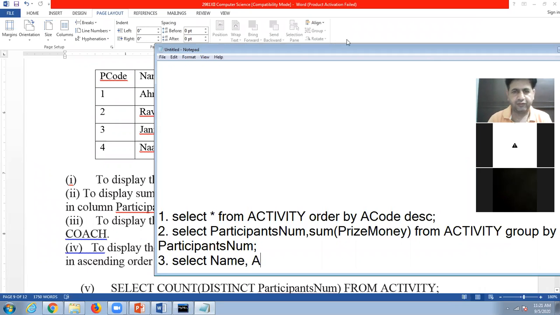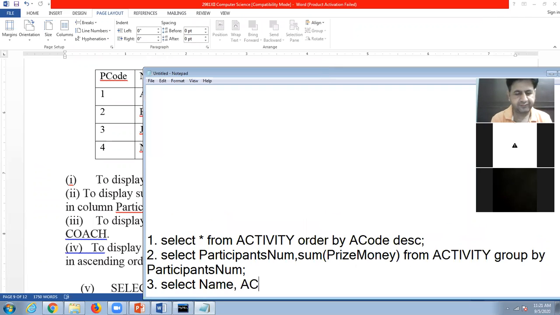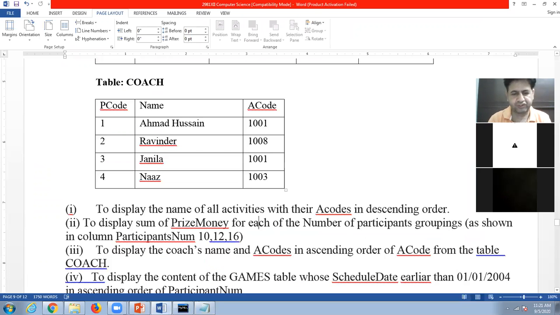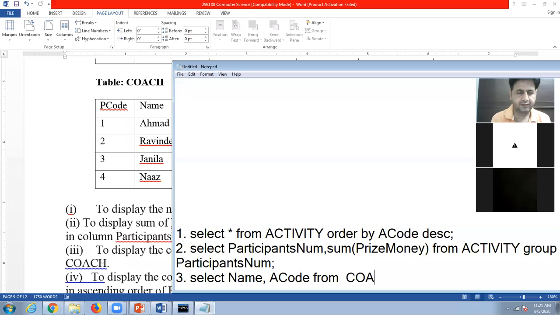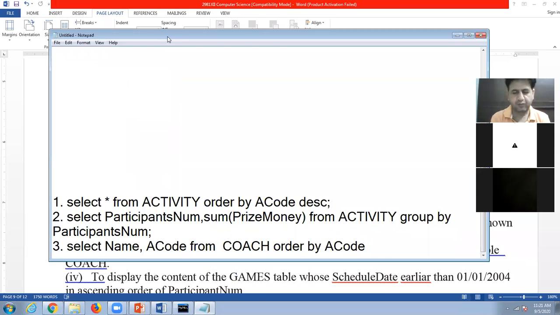Then another field is A code, FROM, the table name is coach. ORDER BY A code. Okay, students, by default it is always ascending order. So for ascending you can write ASC, but there is no need. By default, it is always ascending order.